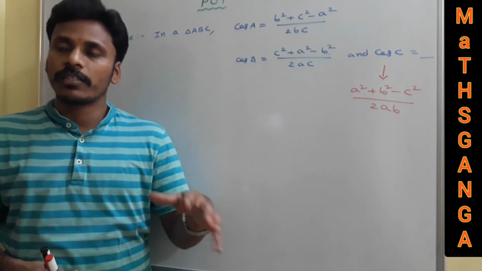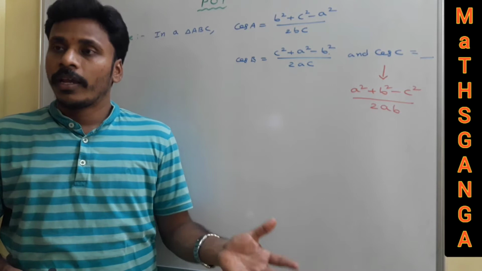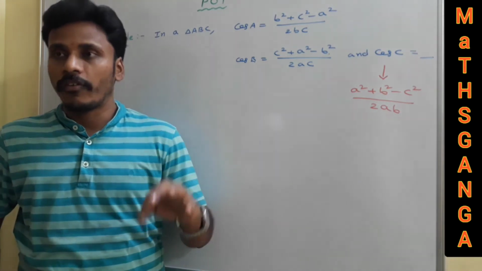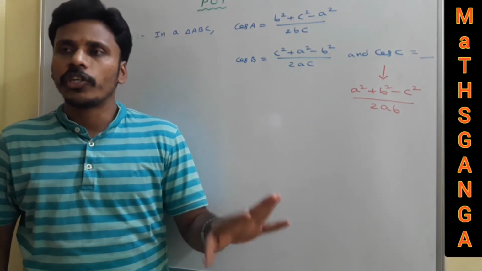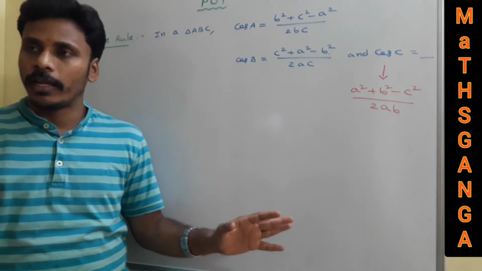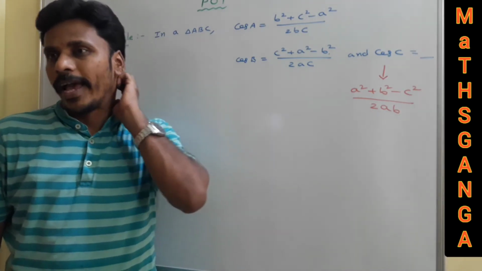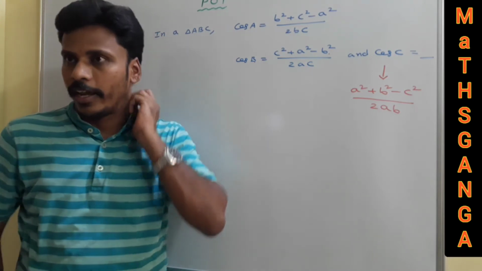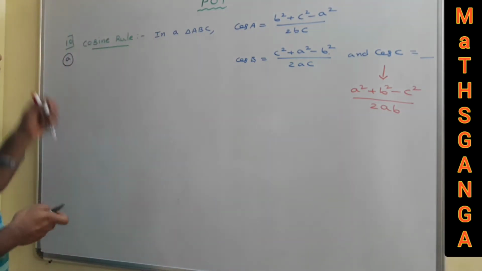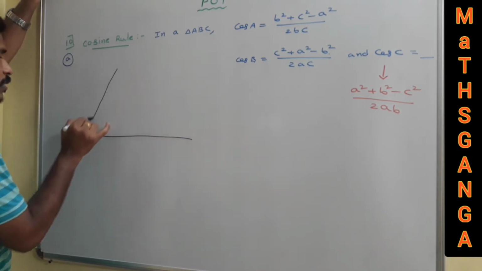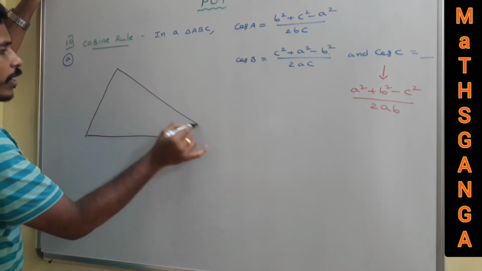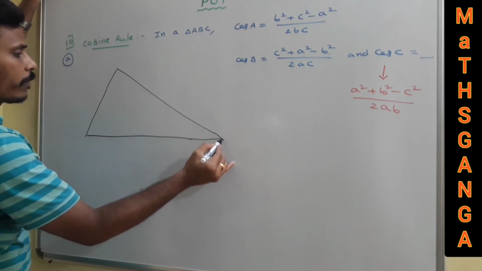See, we discussed different cases for sine rule. In the same way, we need to generate every rule for different triangles. But in general, I am showing you here the acute angle case, and we need to accept it for similar cases in the other triangles. Now you just start with a triangle. So for example, if I have a triangle like this, you just name this triangle as ABC.